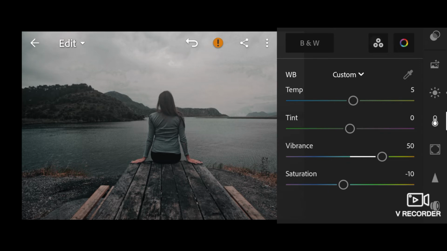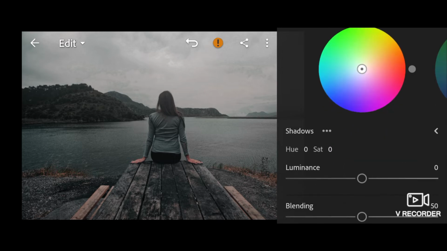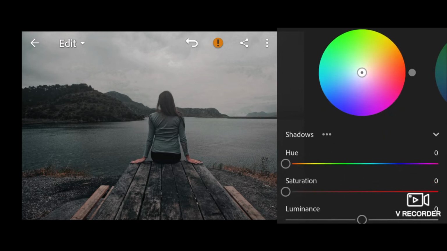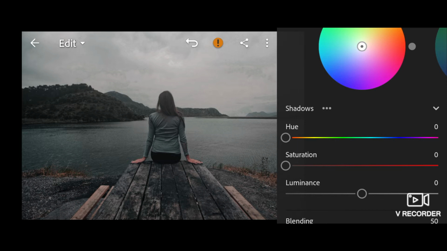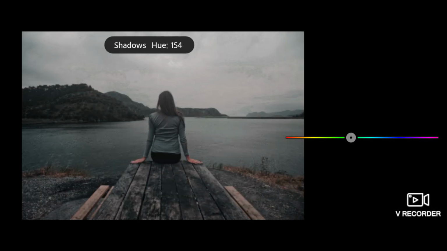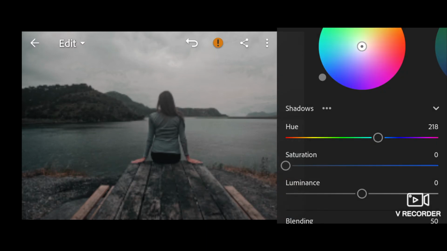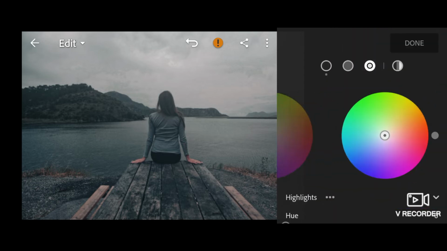Select the color panel, select shadow, hue 220, saturation 50, luminance 36. Select the highlights,